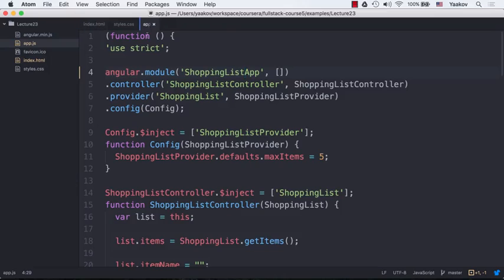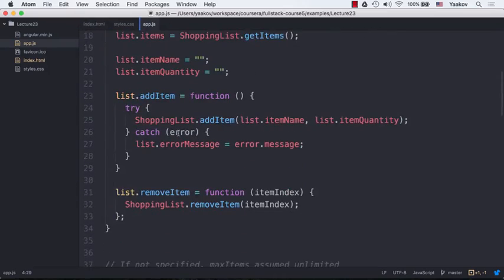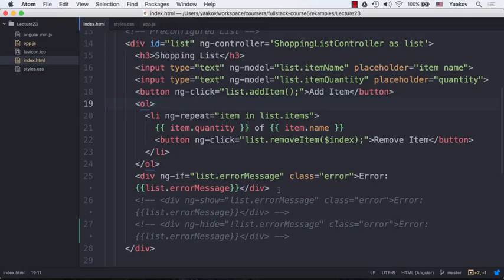Let's take a look at that code in app.js. If we scroll down here to list.addItem, you'll see that if this particular statement throws an exception, we're going to catch that error and assign the error message from that thrown error object to list.errorMessage. If we go back to index.html, you'll see that we're displaying the label Error, and then displaying the message that is supposed to come back from the controller. As I said, what we'd really like to do is not show this whole div at all if there's no